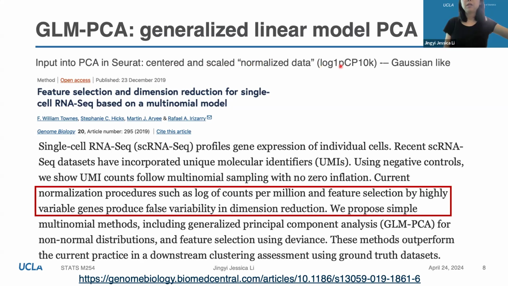The default is the log1p CP10K. And the goal is to make the data, after the normalization, Gaussian-like for each gene, right? Then PCA is designed for Gaussian-like data. I don't know if I said this enough in the last lecture. The reason PCA is for Gaussian-like data is because the Gaussian distribution, this is something good to know, is